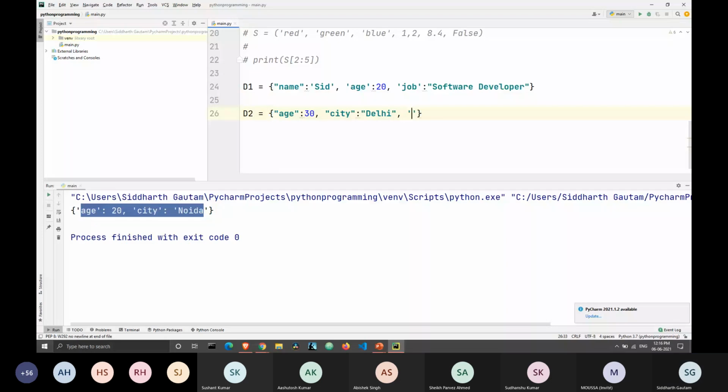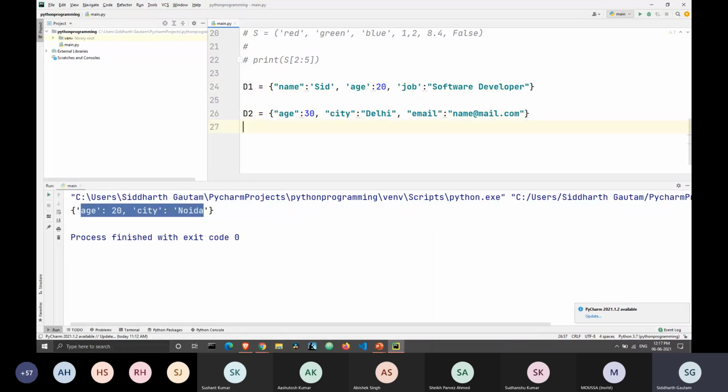If it's switching back and forth very rapidly, don't worry about it. Just pay attention to the IDE for now. Inside the third one, I can just write email ID, which will be equal to, let's say, name at mail.com. Okay. So these are my two dictionaries. As you can see, the element of age is common between two of them.